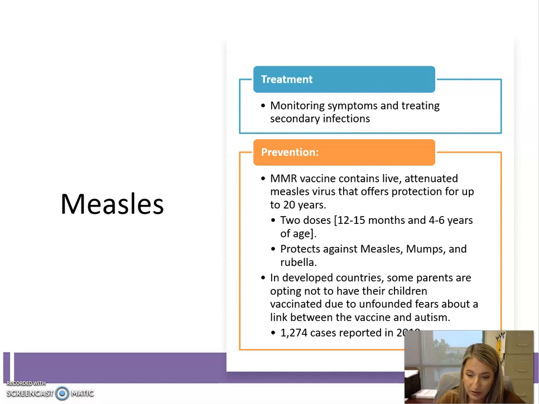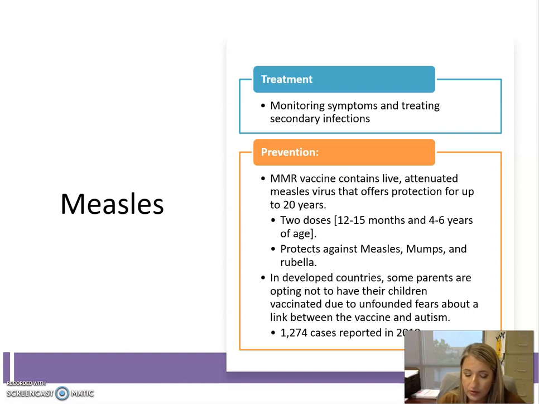Typically, the infection has to run its course. Your immune system is the only thing that's going to be able to fight back, and you essentially hope that your immune system is stronger than the virus. But in some cases where it develops to complications such as SSPE, there's nothing that can be done, and it is 100% fatal. So since there's really no treatment for measles, everything gets put into preventing people from getting measles